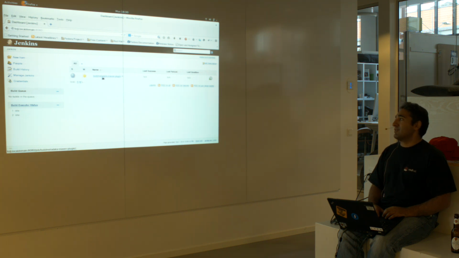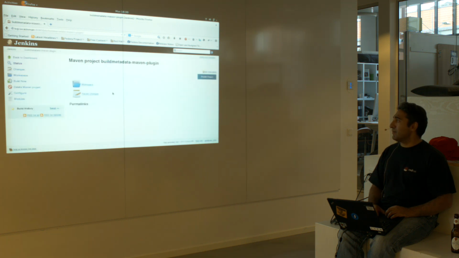So the first thing that you would typically want to do is to build this, and you're not at this stage. You're just building it locally. If that all works, then you're good to go, and then you can submit it to the back end and see if Koji builds it. So I'm guessing you're all pretty familiar with Jenkins, and again, you don't really have to be at this stage. This is the job that we've got in there, the build metadata Maven plugin. We're just going to go ahead and build that.